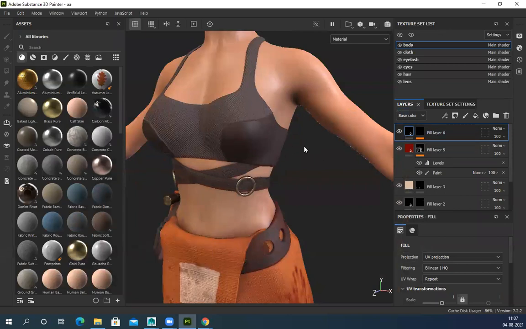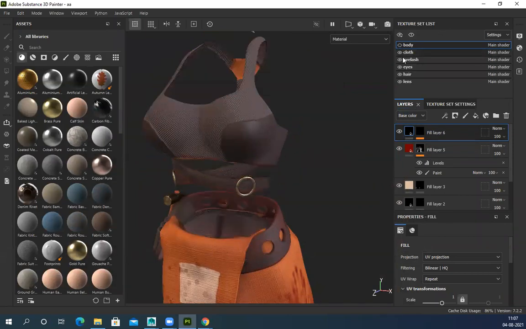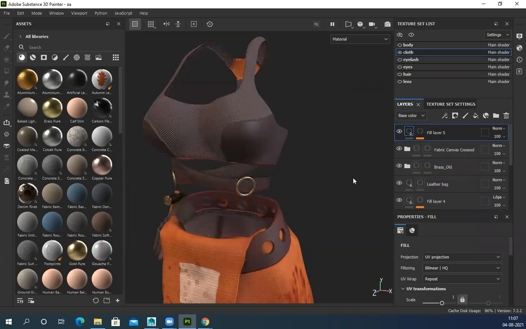Suppose this is my character's ball cloth. But sir, I want to showcase my high poly as well. Oh, in that case you have to create it. If you want to showcase your high poly, then you have to create this in high poly, and that is something we can do very easily with the help of a brush. You have to create a brush. Okay, sir. So in Substance it's very easy.